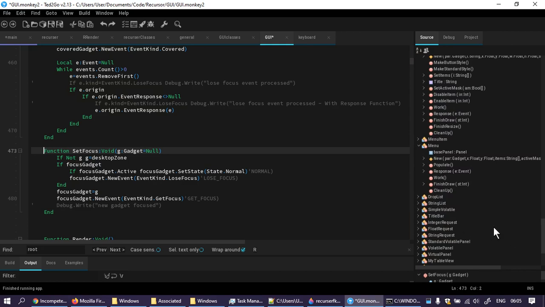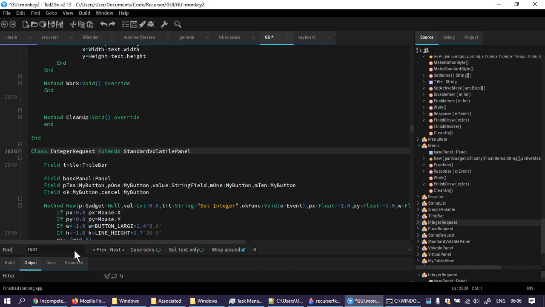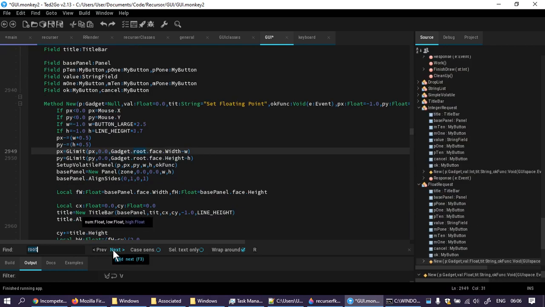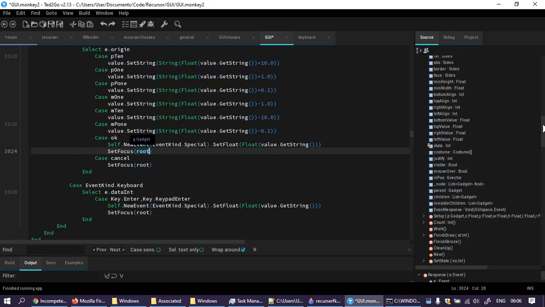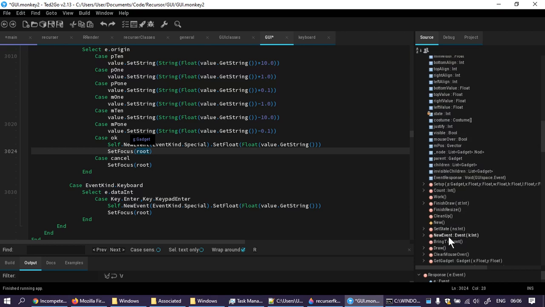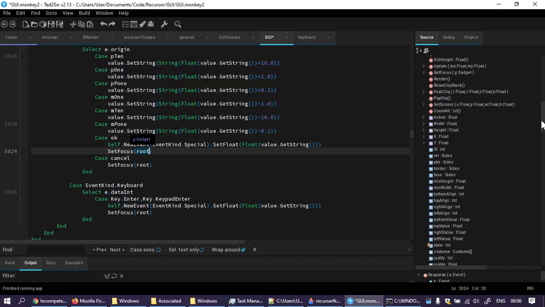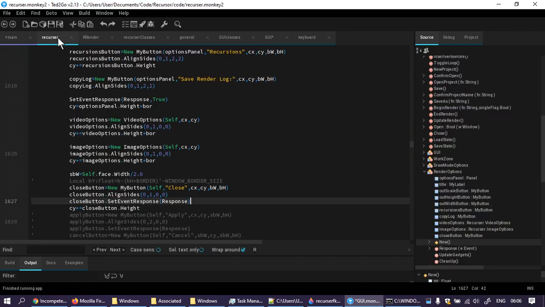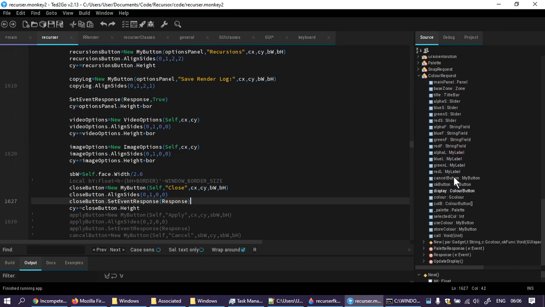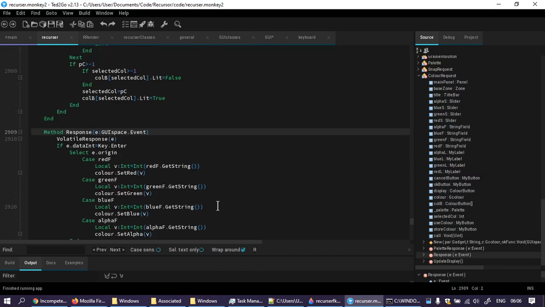Where was I? Somewhere down about integer request. This fine next. Next. That. Oh, hang on a sec. No, okay. No, I am allowing it to set to root. Oh, man, have I just caused myself a problem again? If I go back to this and go to color request, response,